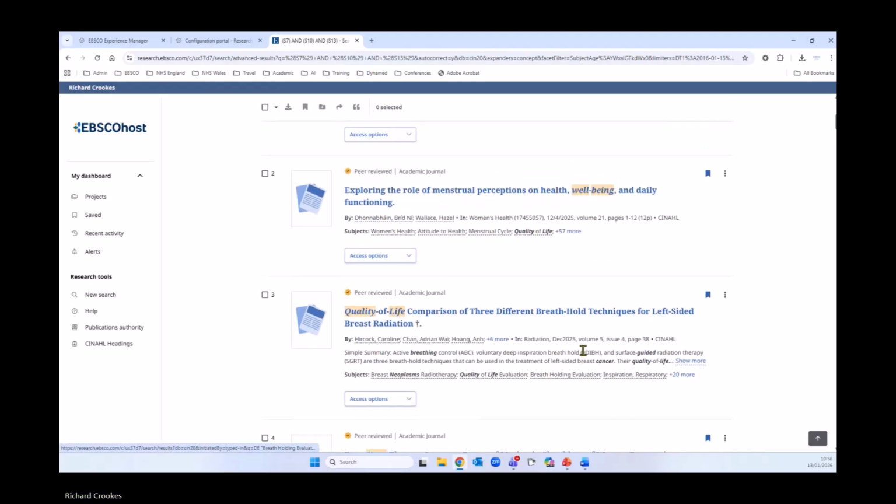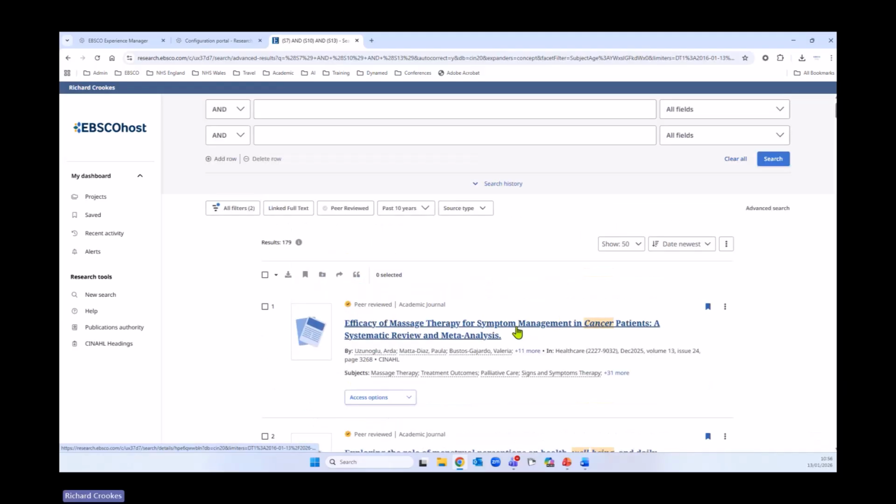But it may not still be related to cancer patients. Obviously, with the search we ran, we didn't specify the type of cancer. So again, it could be generic, as it were. Okay, so the next thing to show you really is the